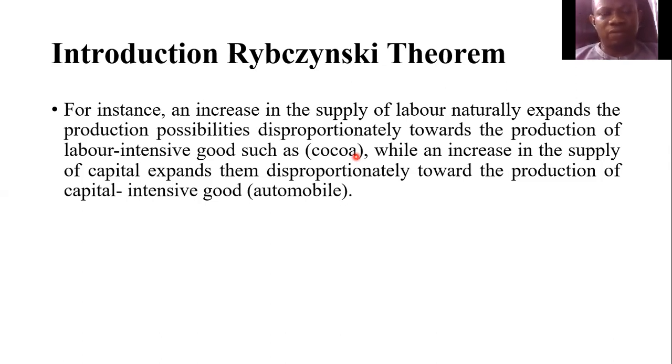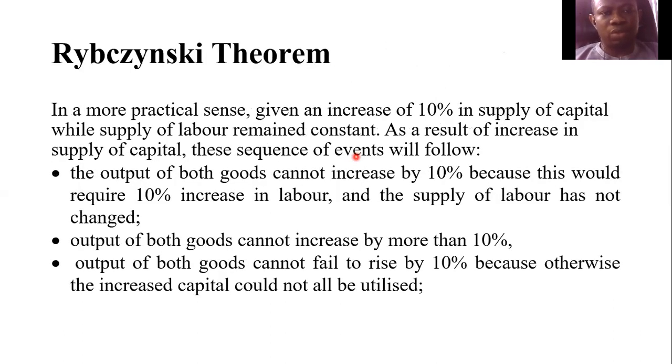That is, if there's an increase in labor, and you have a commodity that uses more labor, there's bound to be an increase in the production of that commodity as a result of the increase in that factor. The other commodity will definitely go down, because the factor required for its production has not increased, so we are not expecting its production to increase, while the commodity that uses more of the available factor will definitely go up. In a more practical sense, given an increase of 10% in the supply of capital,